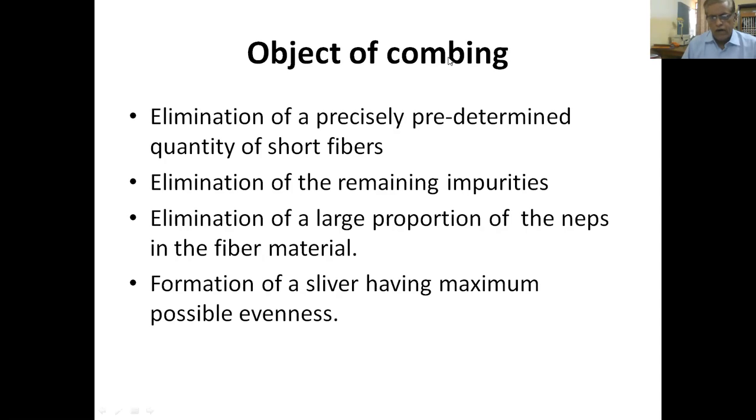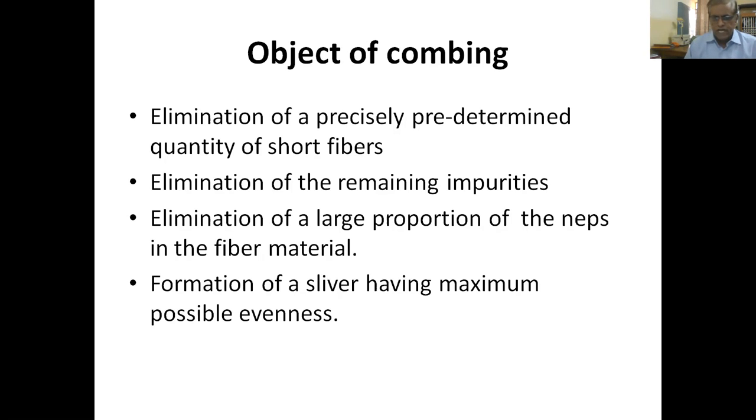So if the fabric is made out of combed yarn, the cotton fabric will generally be softer, lustrous and whiter. So that is the difference. There are some differences in the yarn and fabric qualities, and how this difference in the yarn and fabric quality comes about, that we will study today.